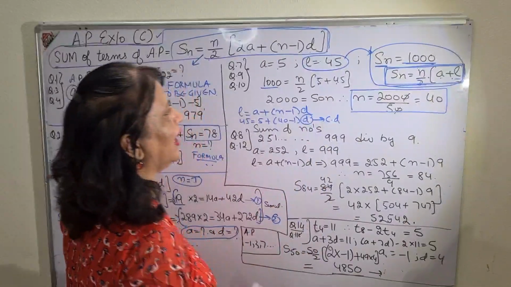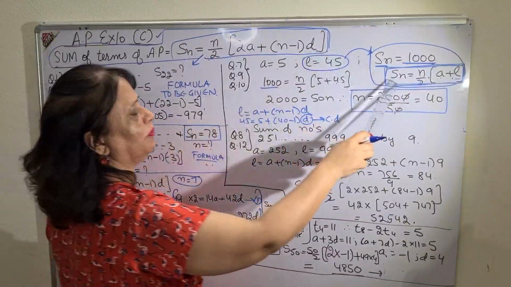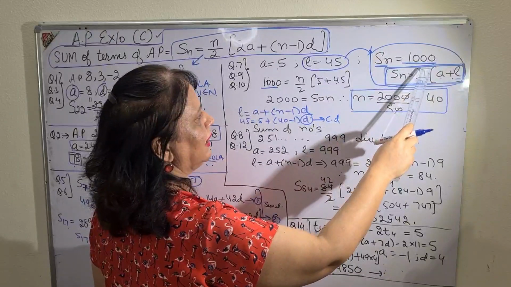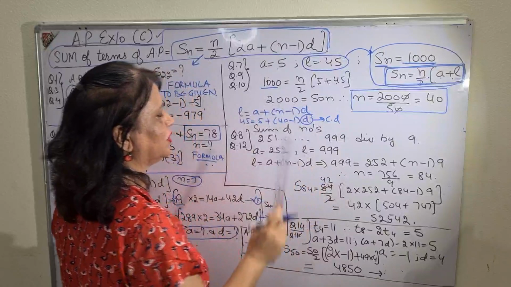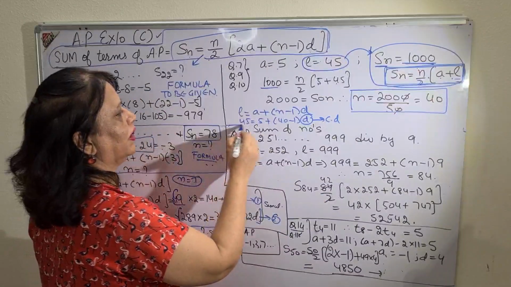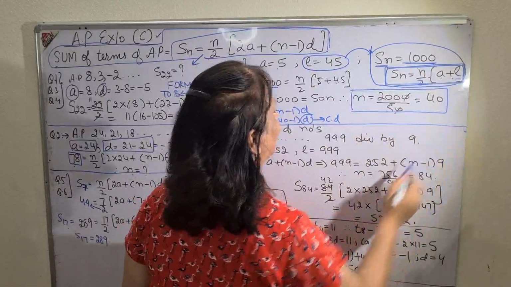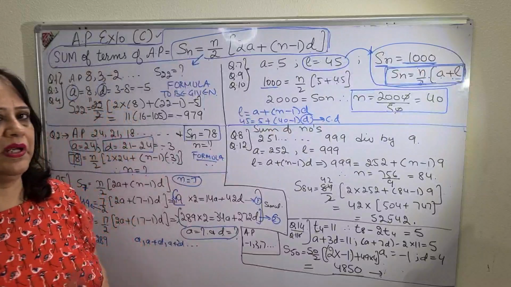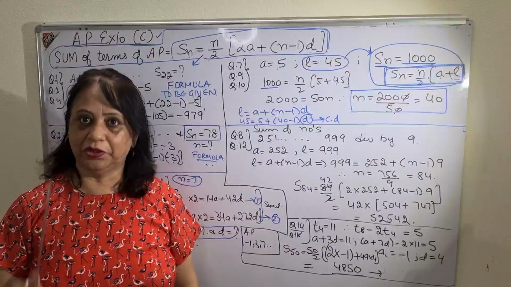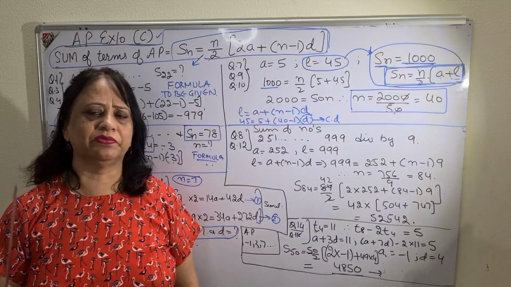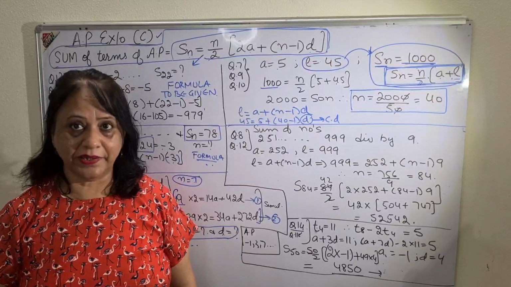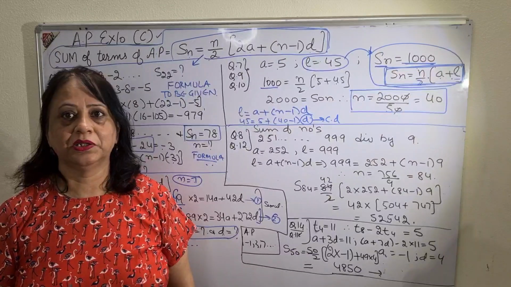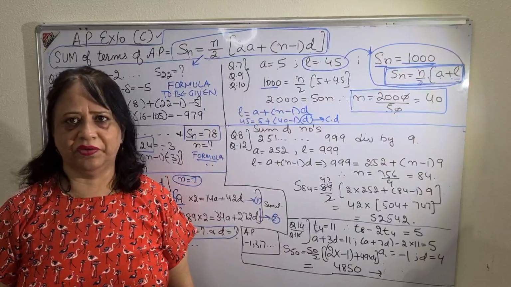So whenever L is given to you, the sum of the terms formula will be taken as n upon 2 bracket A plus L, and this you have to revise 2 or 3 times. Then only you will come to know about the terms and the formulas. Then it will be very clear. And just remember, once you do it nicely, in boards, when you have to revise the chapters again, you only have to read it. But right now, please do the sums nicely, so that at that time you don't have any difficulty.